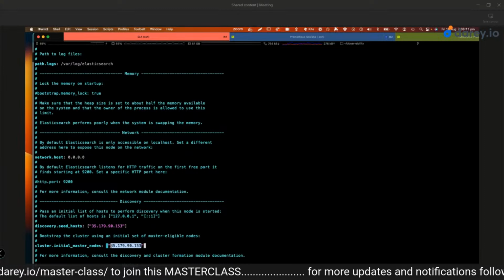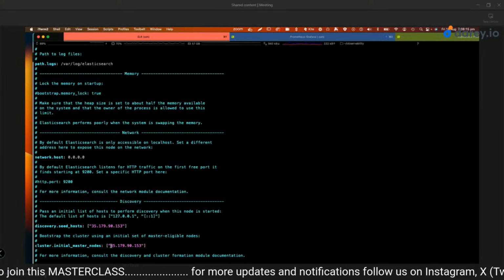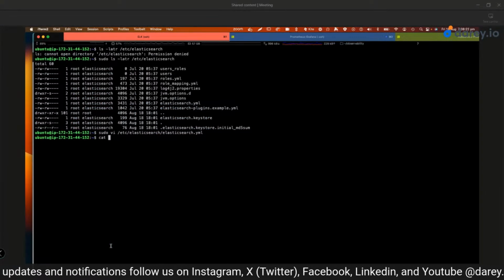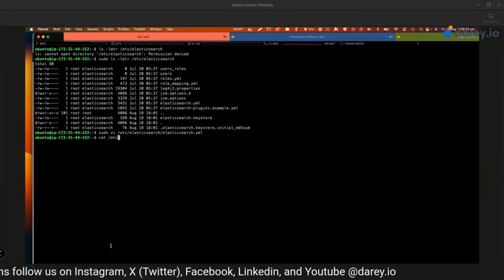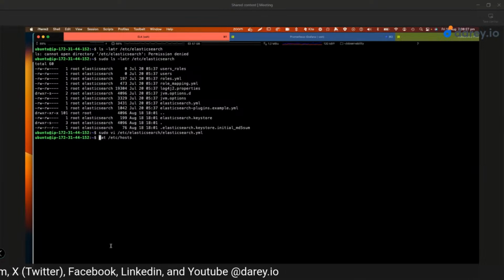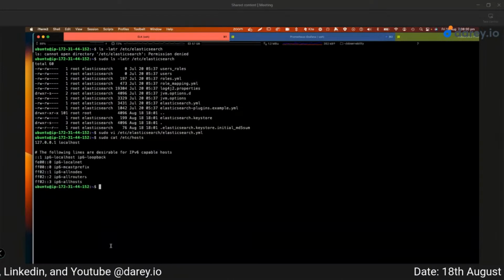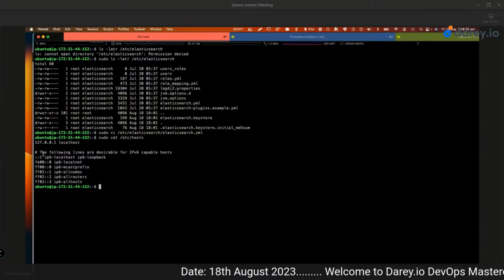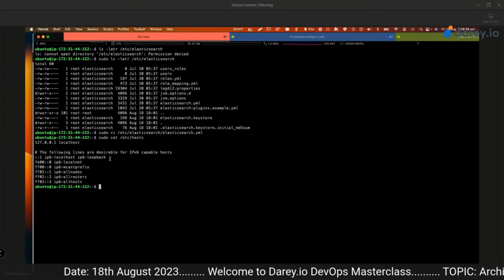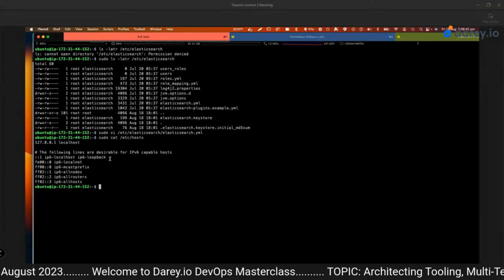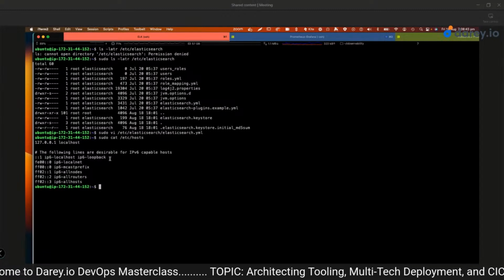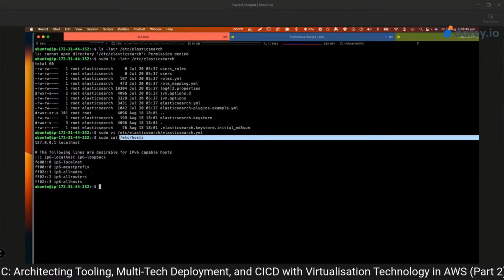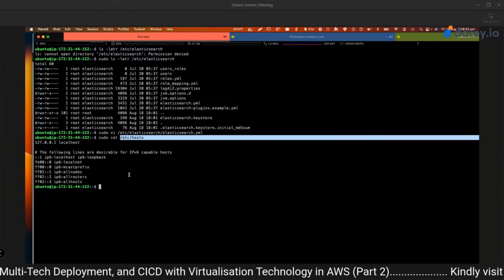Okay, so for those who have done different projects in the past, you know what I'm talking about. Just for context, for the sake of those who may not know, if you open up this file, /etc/hosts, with sudo. So this is where you do that sort of configuration. In this file, you can just put the IP address, and then in front of it, whatever name you want this server to be called, maybe node1 or elastic.node.master.diary.io, whatever it is. This file will serve as your DNS on this host,